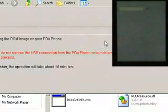This is a vital first step whenever you're going to flash a phone with your own custom ROM. If you don't do this, if you go straight to a ROM, you just may brick your phone. You can find a lot of information on